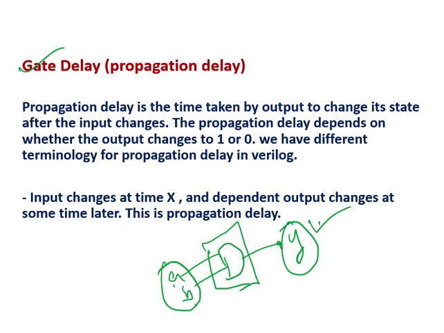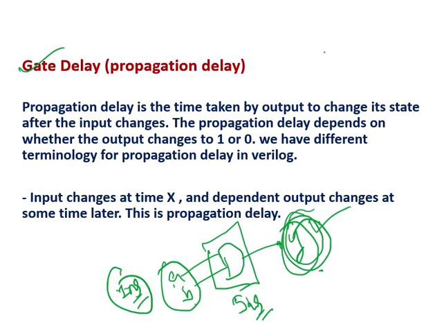but not at the instant the input changes. For example, if the input changes at 1 nanosecond, the output is not updated at that same instant. It takes some time, because these are real gates. As I mentioned, libraries are there and different technologies have been used. So it takes some time, let's say 5 nanoseconds, and only after 5 nanoseconds can I see the output.